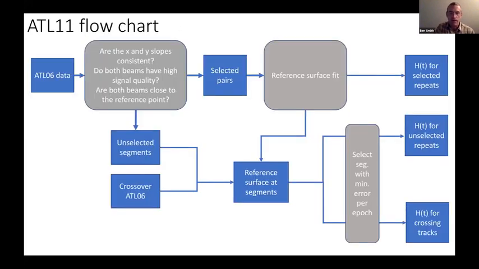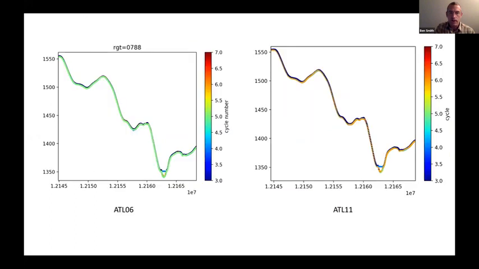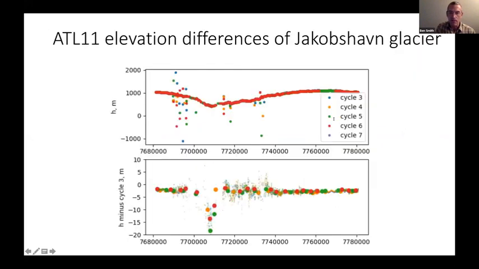So there's a flow chart for how this works. This corrects the elevations for that track that I showed before. The corrections are not particularly visible here, but if we take a messier example, this is now ATL11 elevation differences corrected to the same point for a pass over Jakobshavn Glacier. We can see the difference between a variety of tracks, and we can see the differences between repeats between cycle